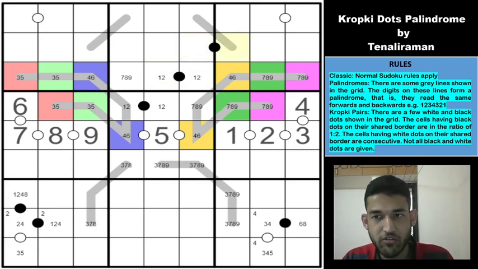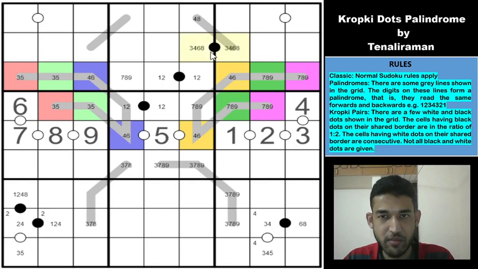So it can be 2, 4, so this will be 2, this will be 4, but that will produce a 2 again here, which is a contradiction. So 2, 4 is also eliminated. So this can be 4, 8, and I don't see any problem with that, which means this cell will be same as this, so this will be 4, 8, or this can be 3, 6, right? So this can be 3, 6, and correspondingly this will also be 3, 6.